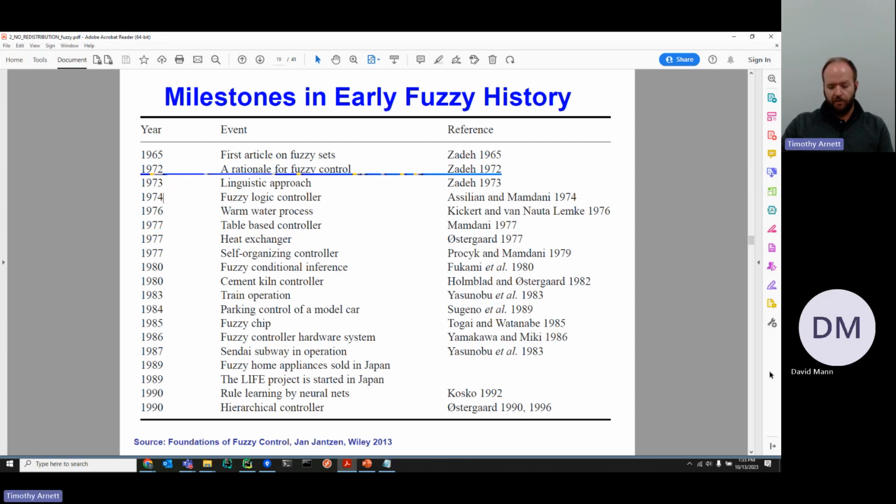But fuzzy controllers have been used in a number of different situations, most famously in Japan. Japan has used fuzzy to great effect in a number of different systems, including a lot of their high-speed train control systems, home appliances, including rice cookers. In fact, I think most of the top rice cookers that you'll find online, at least the Japanese brands, still employ fuzzy in the control software itself.